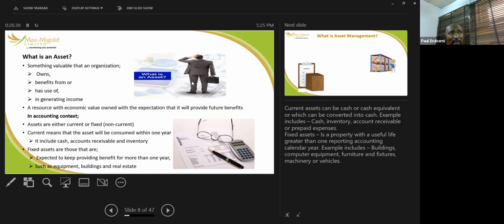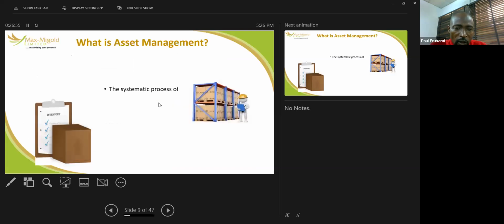So your accounting calendar year is always 12 months. So your fixed asset has a value and it retains value beyond your calendar year. And this includes your building, your computer equipment, your furniture and fixtures, your machinery, your vehicles. These are all your fixed